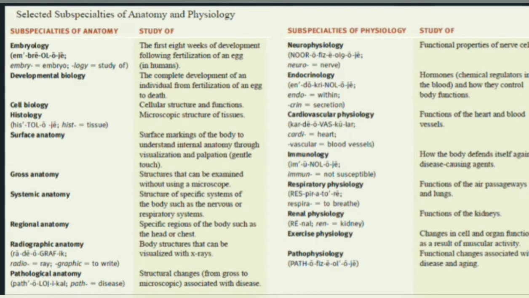So this was the terminology jargon of the subspecialties of anatomy and physiology, which was pretty boring. Even I can agree to that. But you do not need to remember it by heart. These are the terminologies with which you should start making yourself familiar, because these are the terms we will be using in the upcoming lectures and video series. It's better to know them. You have to understand them, but you do not need to memorize them right now.